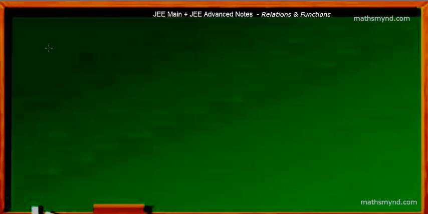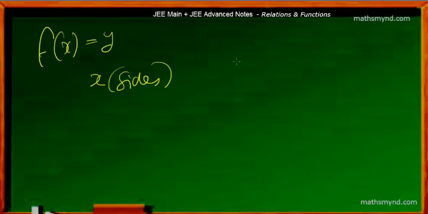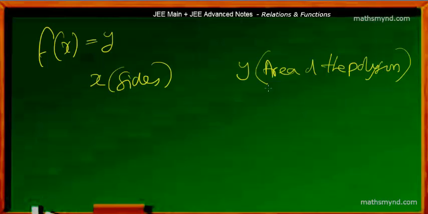Now, as far as a function is concerned, we know that the general representation is f of x is equal to y. The interesting point is that the x values, the input values, are the sides of the polygon, and the y value, the output, is the area of the polygon. The key point here is what number of sides should there be so that the area of the polygon is equal to the